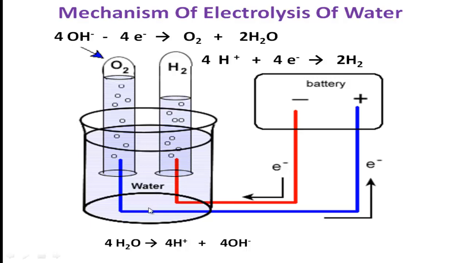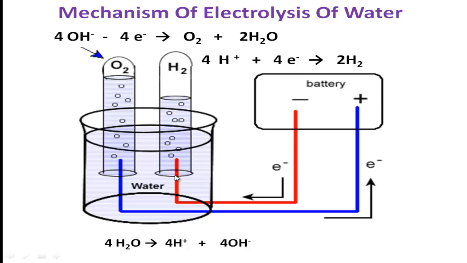Now follow how the electrolysis process occurs here. Inside the acidified water there is hydrogen ion and hydroxyl ion. Since we will get both gases, the arrangement is different. Follow here: two gas jars are used, and this is the battery and these are electrodes. Red and blue are the electrodes. This is the positive electrode, the anode, and this is the negative electrode.